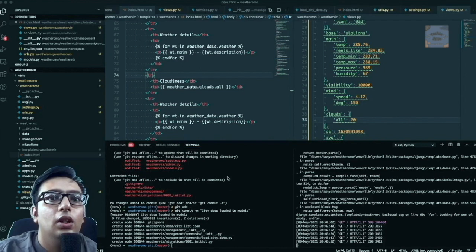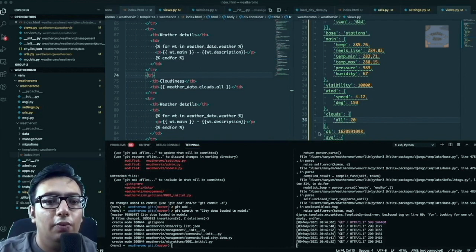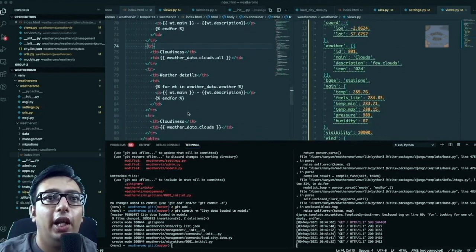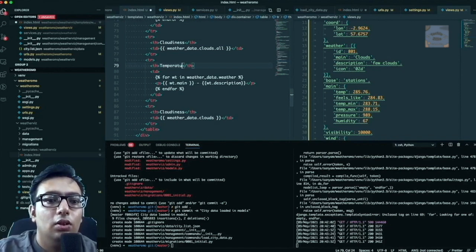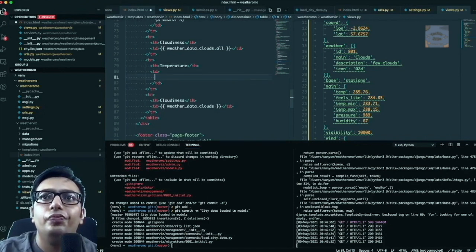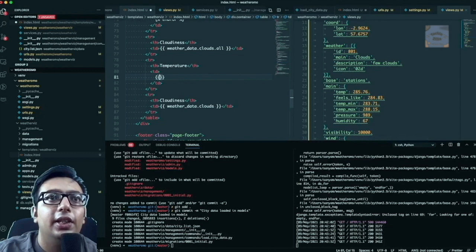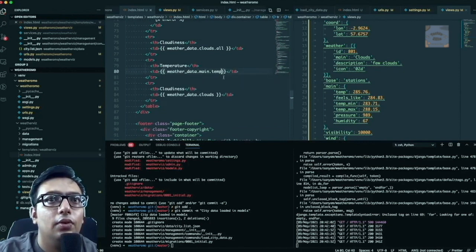Okay, pretty cool. Now the next thing we can have is, of course, temperature, because any weather app is not a weather app until and unless it has temperature. So let's include that. So we'll say we have temperature, and the temperature, it is inside main and then temp. So let's say it is weather data dot main dot temp, right? Let's get rid of this one,